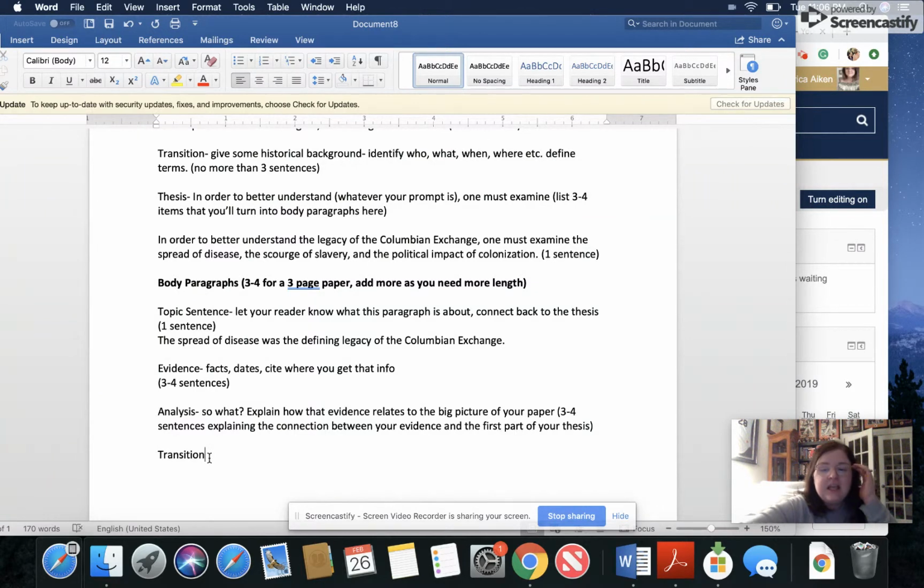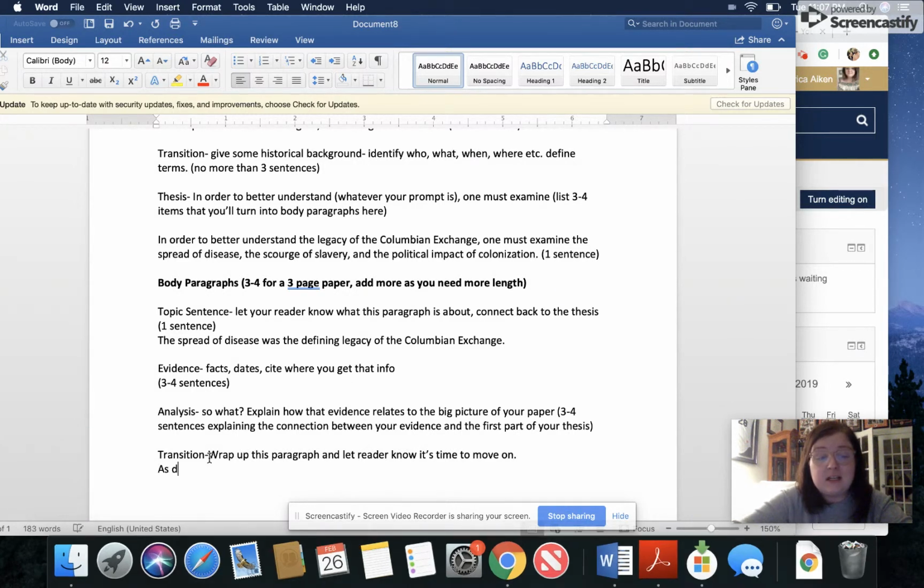And then a transition, this is kind of like, we're getting fancy here, okay? We're doing some good writing here if we have a transition. The purpose of a transition sentence is just to wrap up this paragraph and let your reader know it's time to move on. Writing transitions can be a difficult art and lots of people struggle with it. This is kind of lame, but one that I use a lot when I'm not sure what to do is like, and that's not all, folks. There's more. Don't say it like that because we have to write in an academic tone, but you can say something along the lines of,